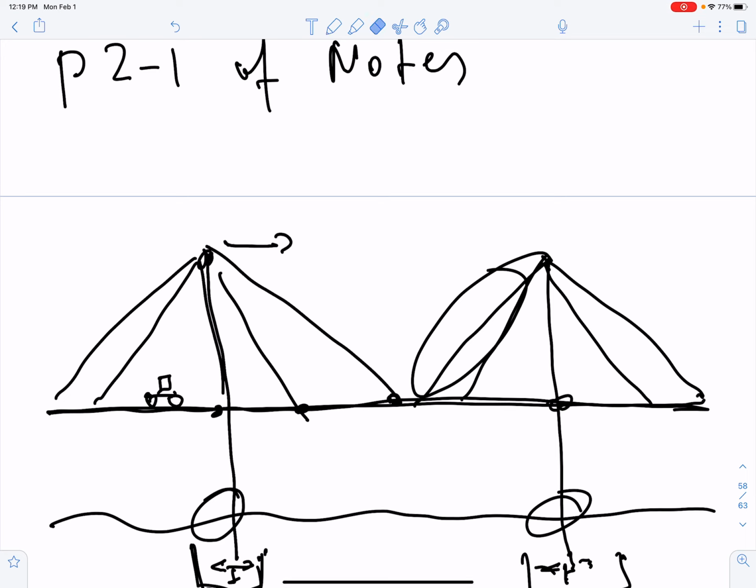So you want to know how much this guy moves in the x direction, call it delta x, and how much this guy moves in the y direction, delta y. And so when you report results and compute the entire structure, you have no choice but to refer everything to a fixed global coordinate system. However, when you do the calculations at the element level, that's not the coordinate system you want to use,